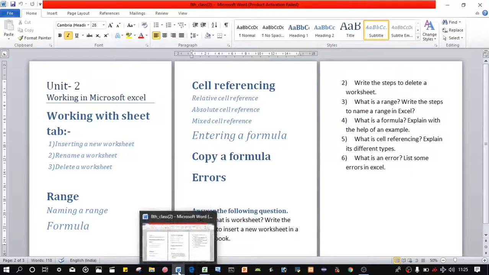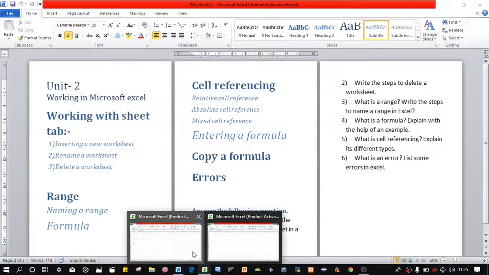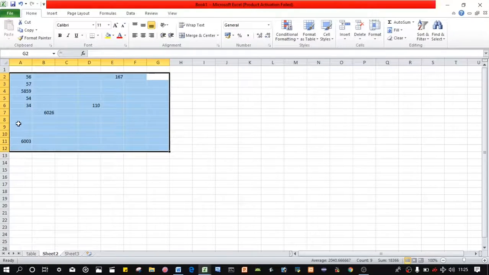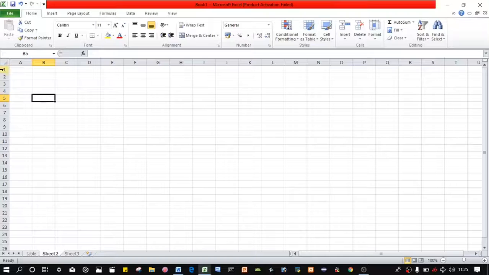Copy a formula means how we can copy our formula for other purposes. Suppose here firstly we delete everything. Suppose 34, 37, 90. This is the data.